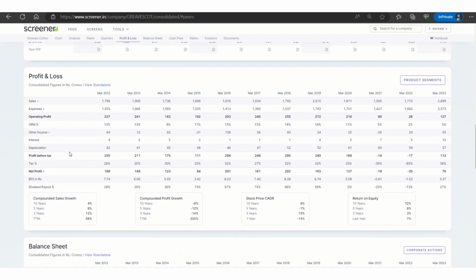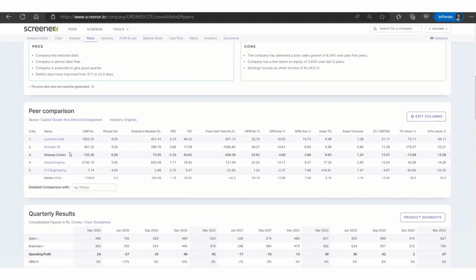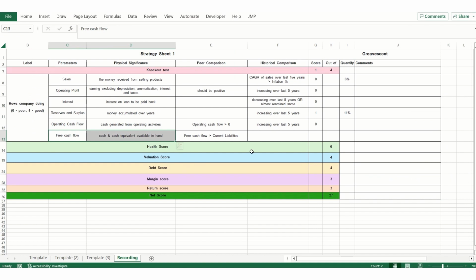Or you don't have to calculate it. As you know, we are not going to calculate anything. So let's go here on the top to the peer comparison table. You can get this column by clicking here and editing it. So the free cash flow for Greaves Cotton is negative, and if it's negative, you don't really have to check whether it is greater than current liabilities or not. Having a negative free cash flow is a bad sign. Okay, let's call it 0. So your total score here again is 1. So your health score of the company is 1 out of 6. Okay, you can mention here that it is minus 206 crores. Let's enter CR at the end.